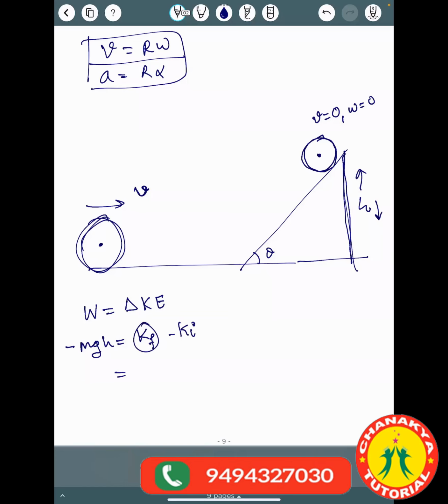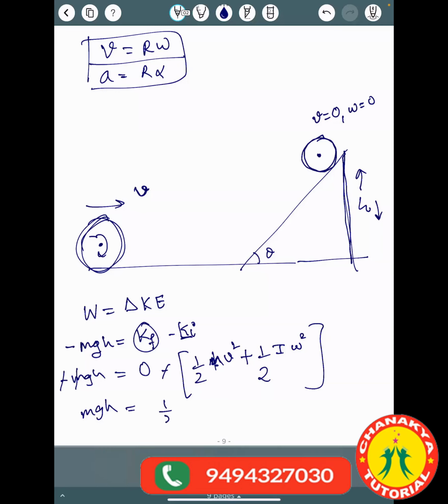What is the final kinetic energy? 0, minus the initial kinetic energy, half mv square. Plus, you have to add rotational kinetic energy also, because it is rolling, right? So half, m will be replaced by I, and v will be replaced by omega. So this minus mgh is equal to this. Minus minus got cancelled out, m got cancelled out. So mgh is equal to 1 by 2 mv square plus